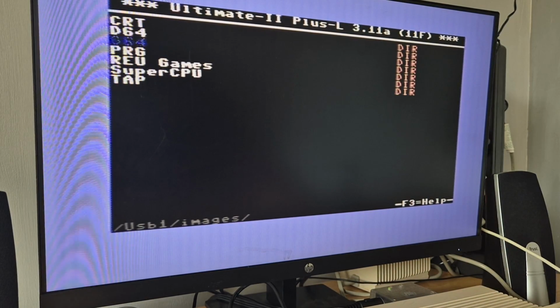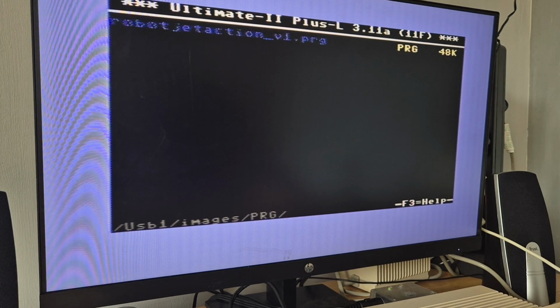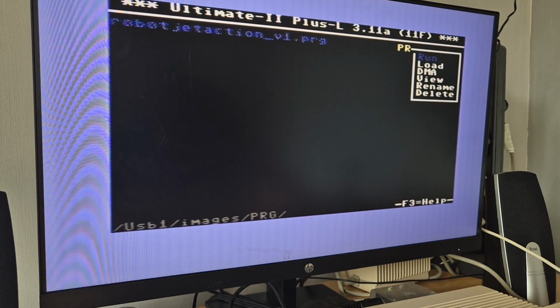okay, next up we're going to test .prg. So in my PRG folder, we've got a fairly new game here, Robot Jet Action. Again, if I just go to run this,